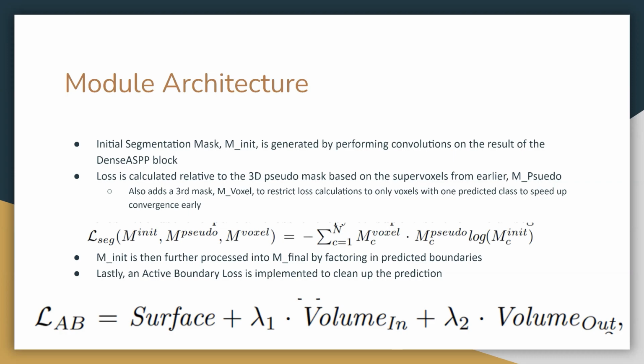So to help speed up calculations of loss and get it to converge faster in early stages, they only factor in the voxels that are predicted as a singular class. After calculating this segmentation loss for the initial mask, this minit is further processed into mfinal by factoring in predicted boundaries from the static boundary prediction module,